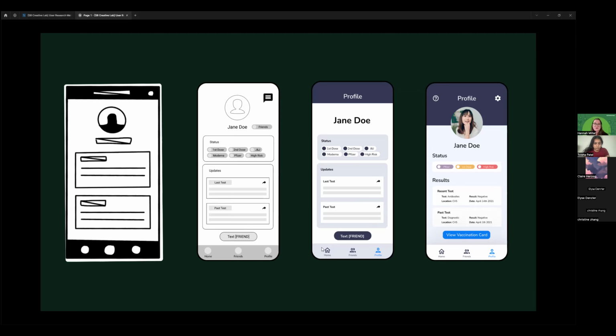So that's the middle two. And then hi-fi prototypes are detailed and interactive and closely resemble the final product. So these are all screens that I did for a previous project, the one that I was mentioning earlier, and